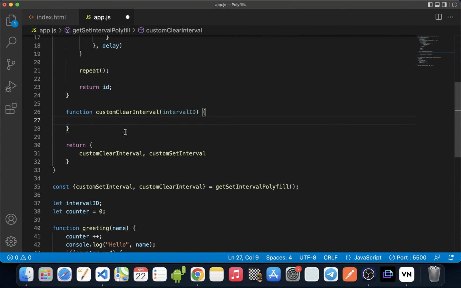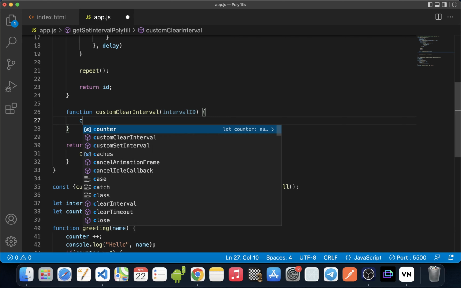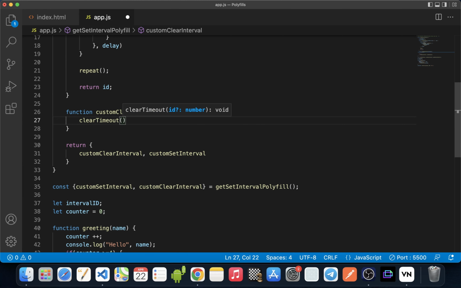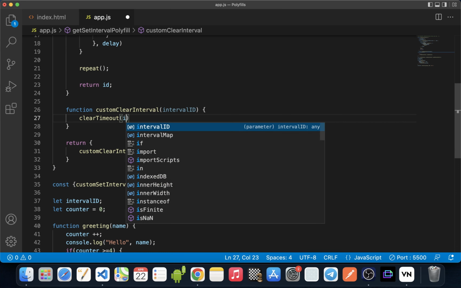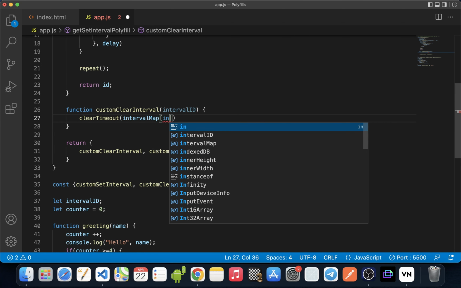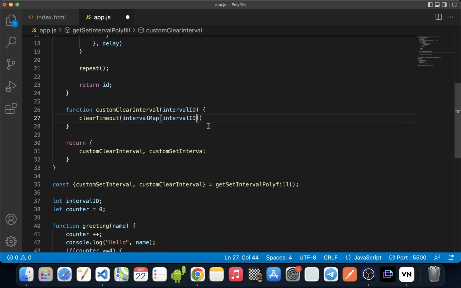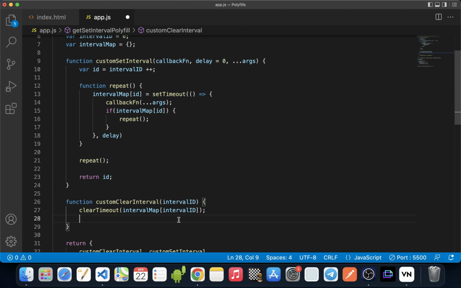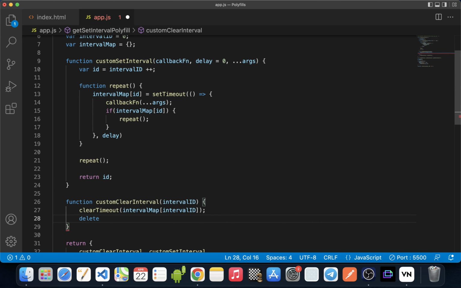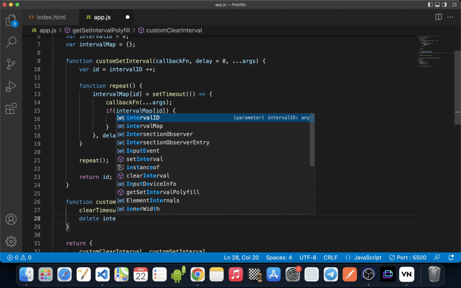And now inside our custom clear interval, we'll clear the timeout using the clear timeout method and pass it the timeout ID, which is stored in our interval map object mapped to the interval unique ID that we created. And then at last, we'll just delete the entry from our interval map object.